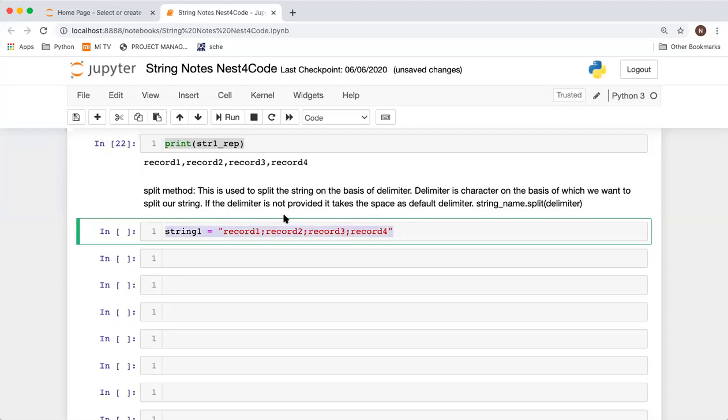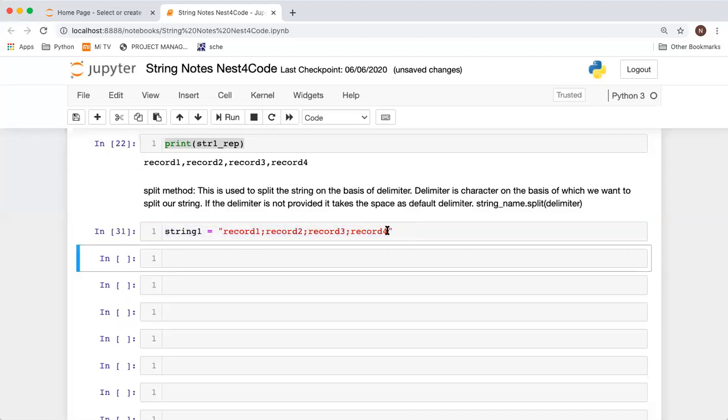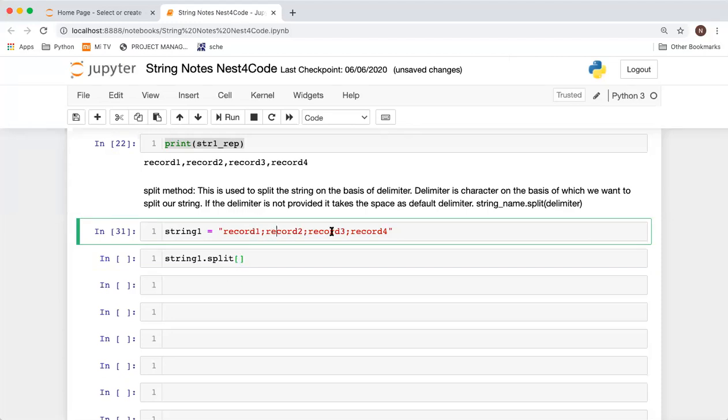We want all these records separately, record 1, 2, 3, 4, like this. So what I can do is just say string1 dot split. What we want here is the records from this string separately.